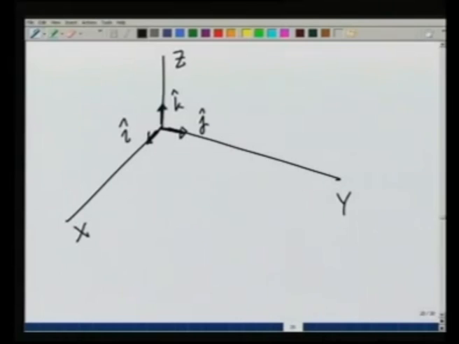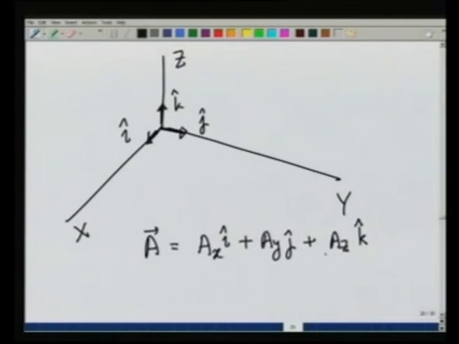Now, any vector can be written as a x, what I call the x component of this vector, times i, plus a y, the y component of this vector, j, plus a z, the z component of this vector, k. You can see that what we are doing is multiplying this unit vector by a x. So, this will give me a x times this, a vector in this direction, let us say this a x i, and I add this to a y